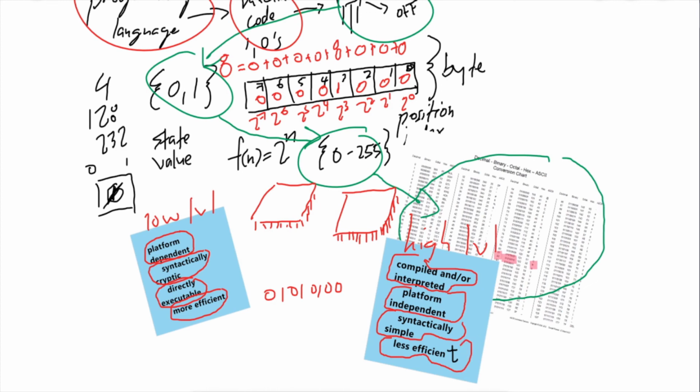And so medium level programming languages are what you would expect, a mix between high and low level. Medium level programming languages have the ability to control hardware directly, so things like C or C++. They're less syntactically cryptic than zeros and ones. You actually write in Ascii character sets. You can also write in